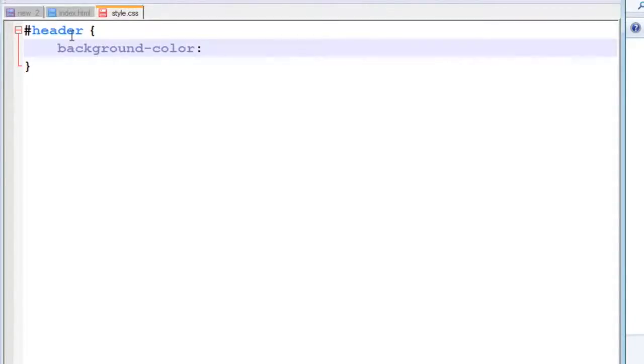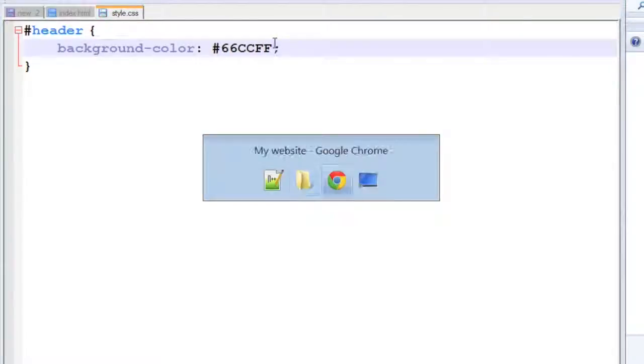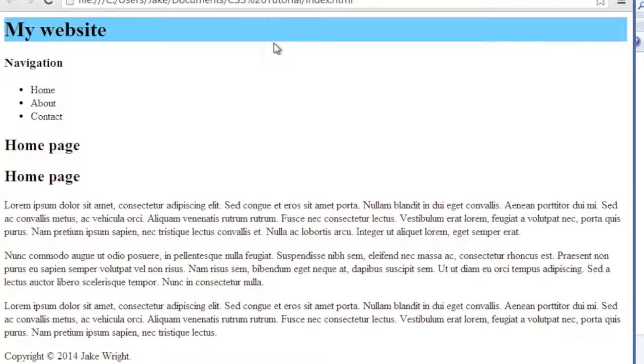Multiple ways to set colors. I can just type blue, but that doesn't give you much freedom and control. The best way to do it is with a hex code. If you Google HTML color codes, you'll get a nice list of these. And I found earlier that 66CCFF is a nice shade of blue. When you do this, you must prefix the number with a hash. So if we save this and refresh our page, we get a blue